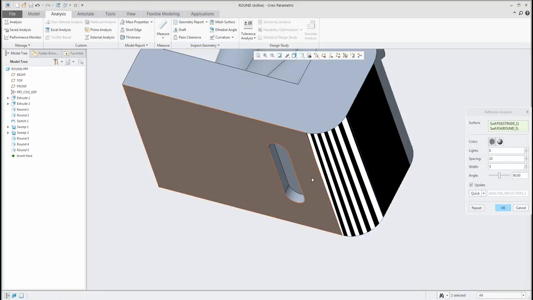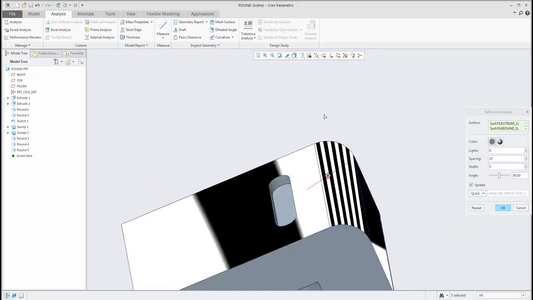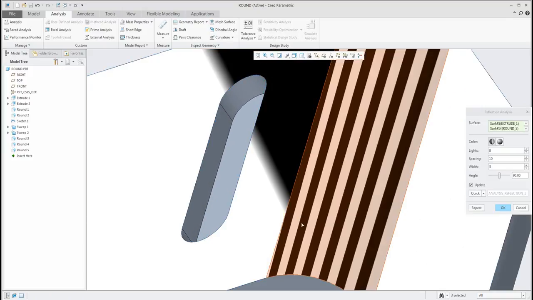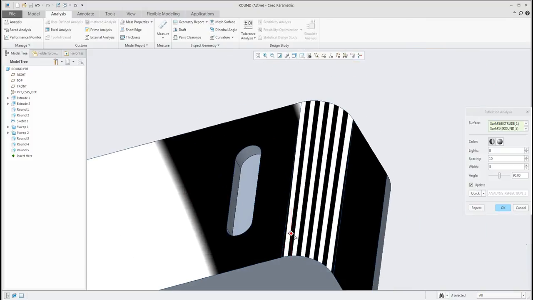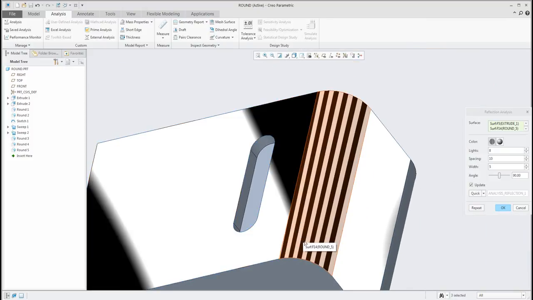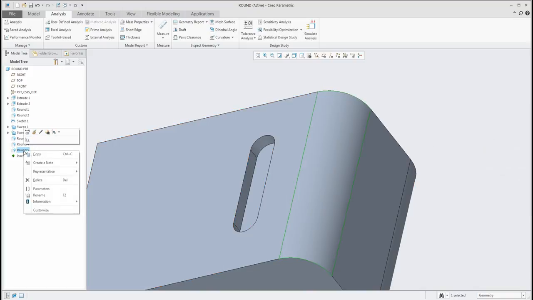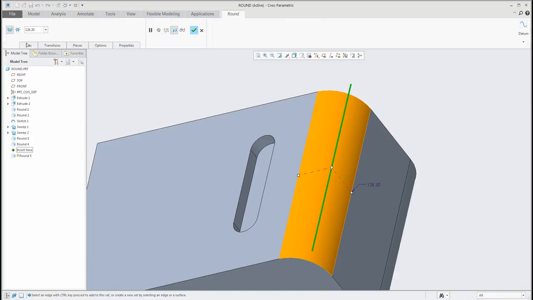And if I have select the surfaces, you can see right now that system will create for me the tangent connection. Yeah, it's not continuous mirroring or reflexing geometry, but